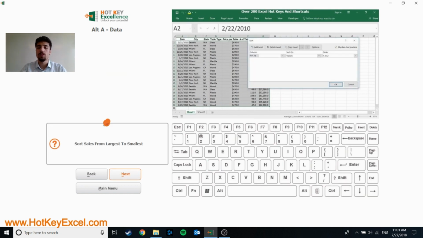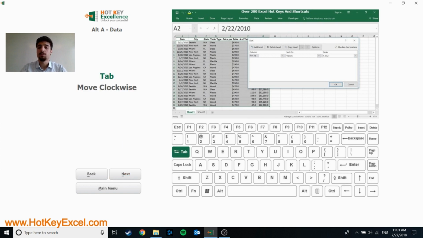the sorting window. So let's say we want to sort sales from largest to smallest. To do this, we need to press Tab to move in this specific area, and from here it asks us to select the column that we want to sort by. We said that we want to sort by sales, so by pressing down we will open the drop-down menu, and from here we need to select sales by moving with our down key. After we highlight sales, we need to press Enter and we automatically select the column that we want